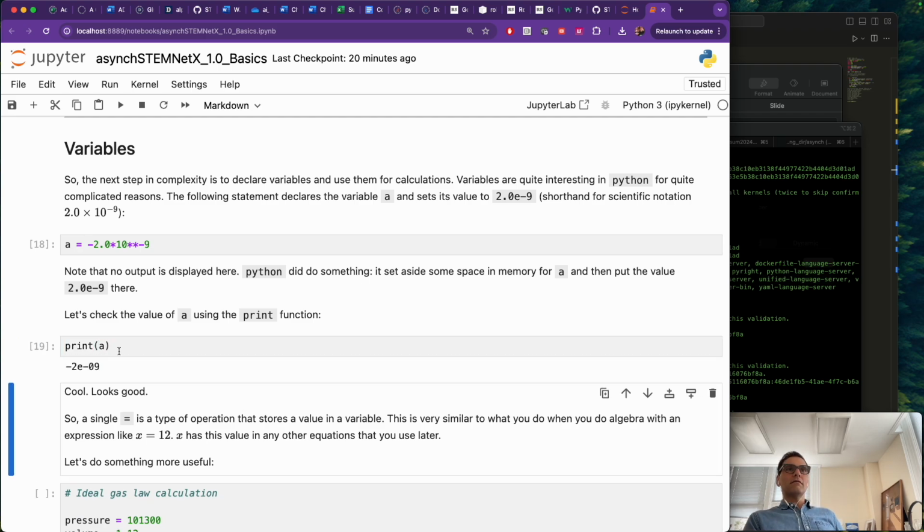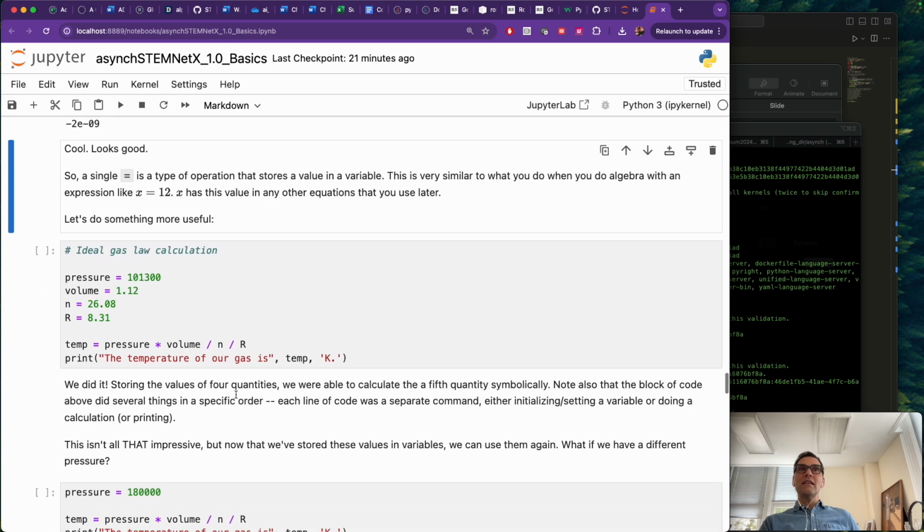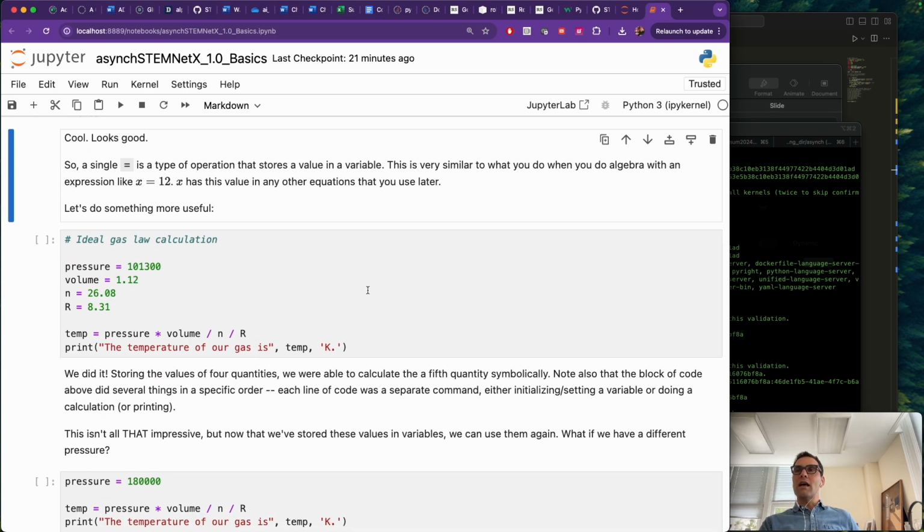When I do that, I get minus 2e to the minus 9, which is computer speak for negative 2 times 10 to the minus 9. It's scientific notation. This is a really basic idea. You're basically programming the computer to store this value in memory. Doesn't seem that sophisticated. It actually is very important because using that technique, we can now set up more complicated